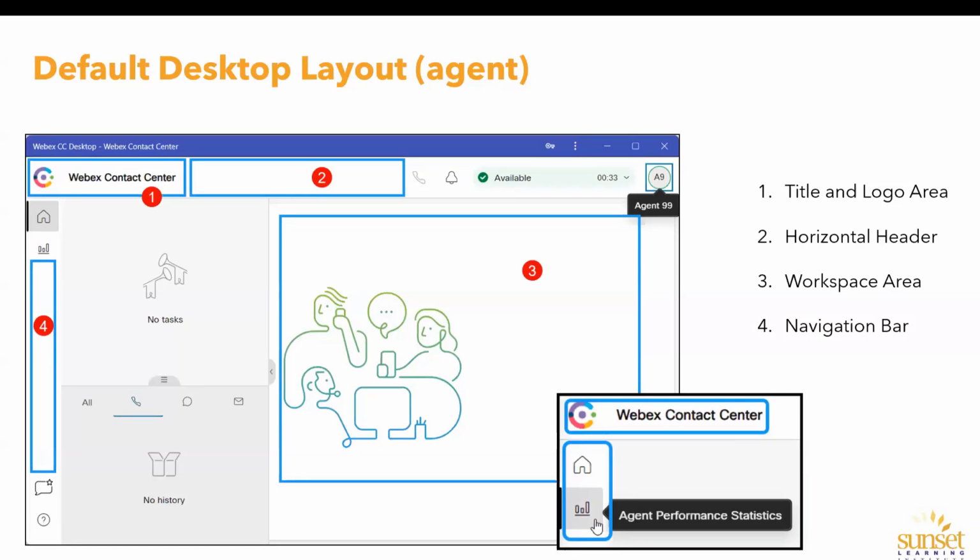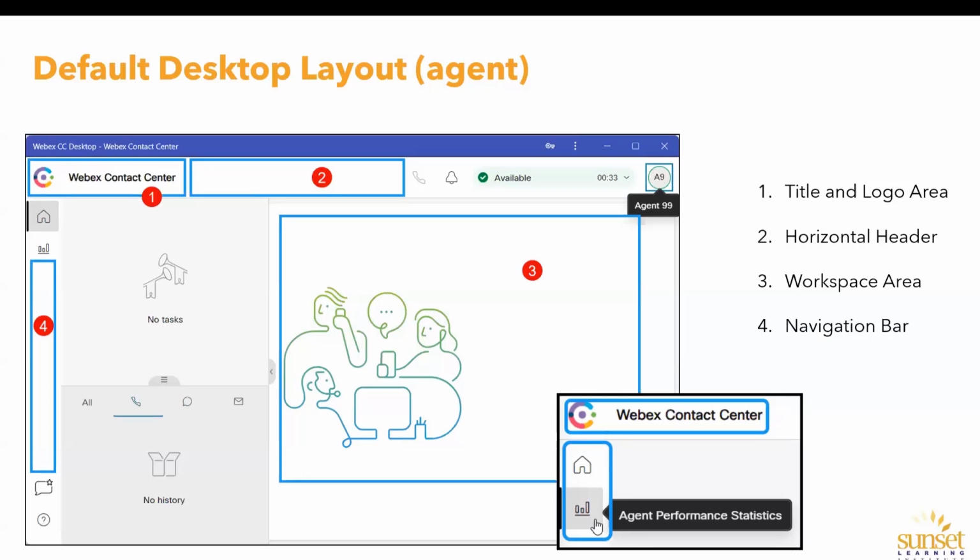First off, this is the desktop layout for the WebEx Contact Center solution. This happens to be actually an agent desktop layout here, the Supervisor desktop layout. Similar, has more things going on, if you will. And what we're pointing out here simply on this page is really just the areas that we can